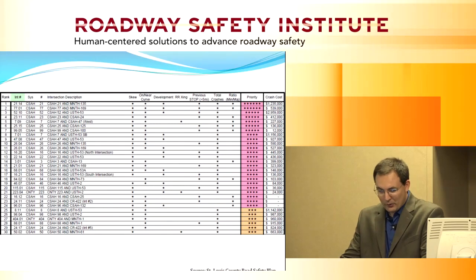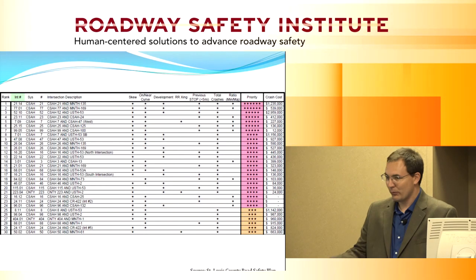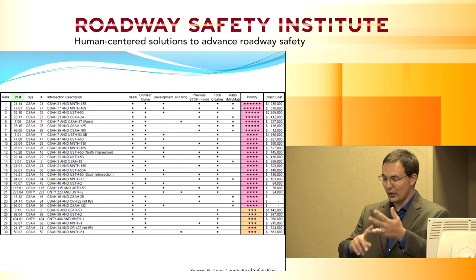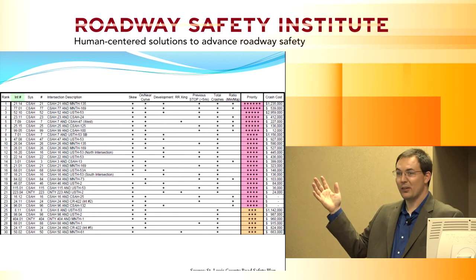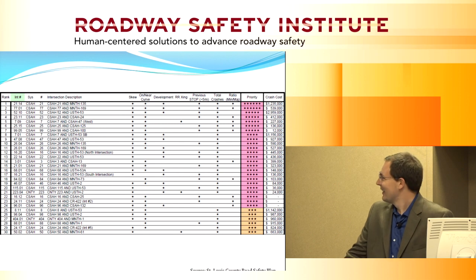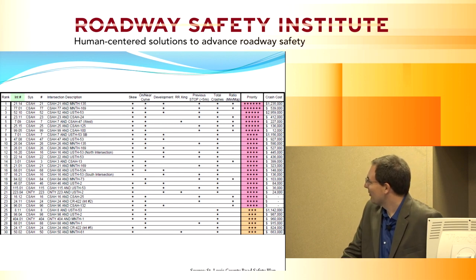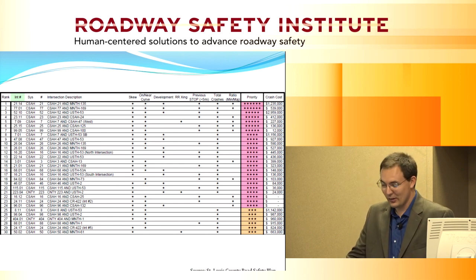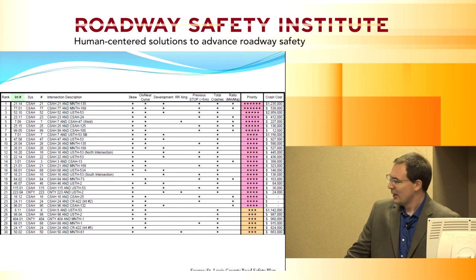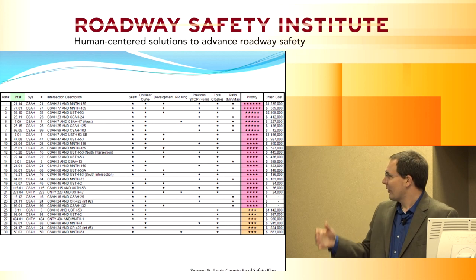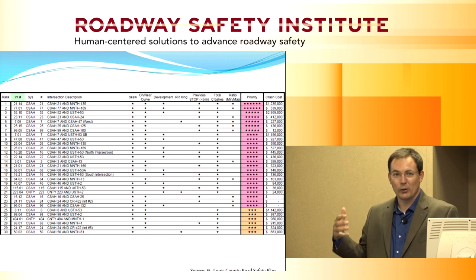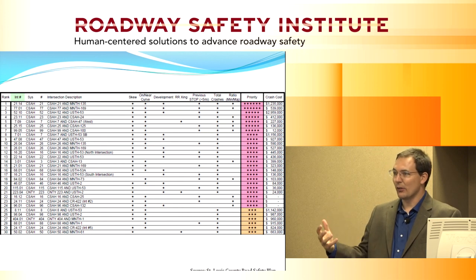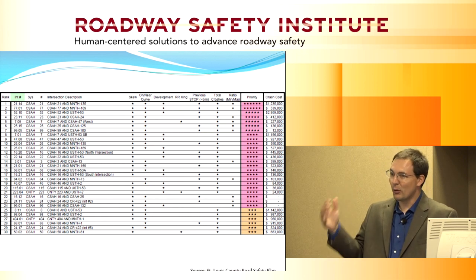And ultimately we were able to create this table. Again, we had segments, intersections, and curves. This is a listing of our intersections, actually the top of the list for St. Louis County. And you can see the top rated intersection is actually 6 stars, not 7. We were missing a railroad crossing on that number 1 intersection. But this is the way that we prioritize where we should be spending our attention and focus on treating these locations proactively.